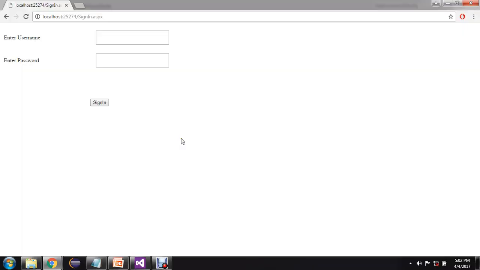I have created this sign-in form. I am fetching the username and password from the database. When I click on this sign in button, a new page test.aspx is loaded. Now I want to display the username from this signin.aspx page on the test.aspx page.